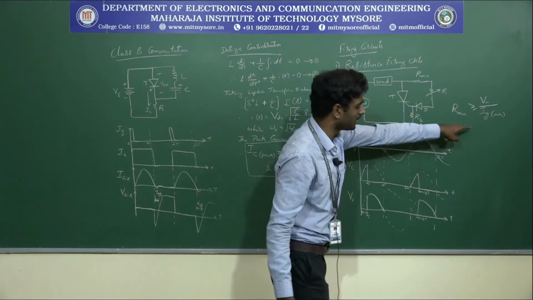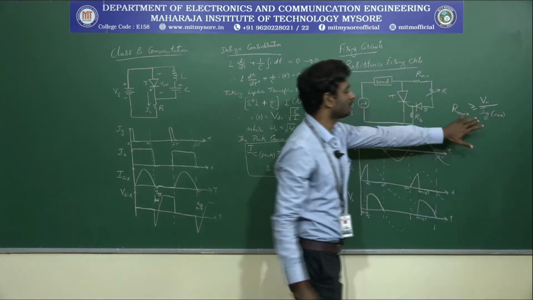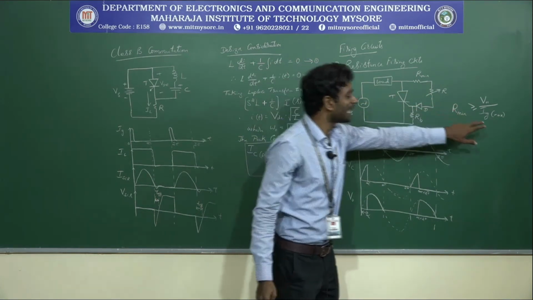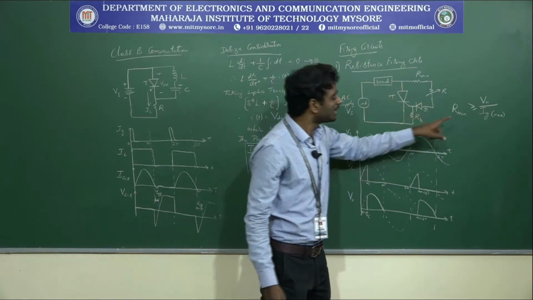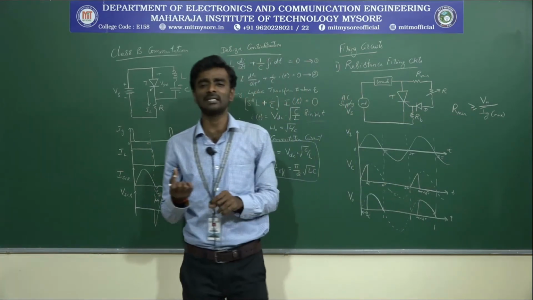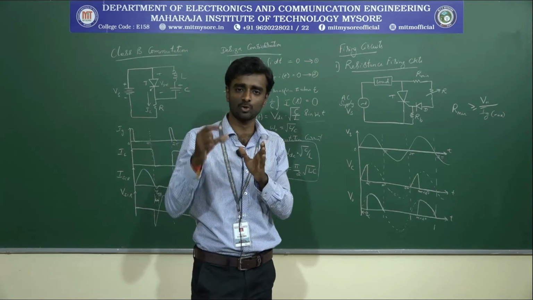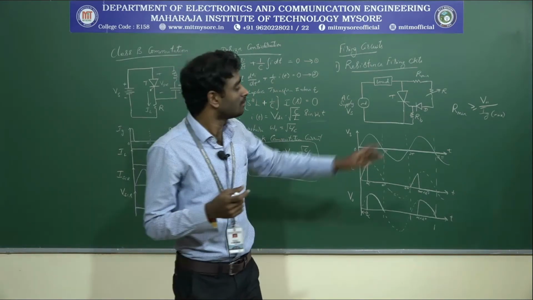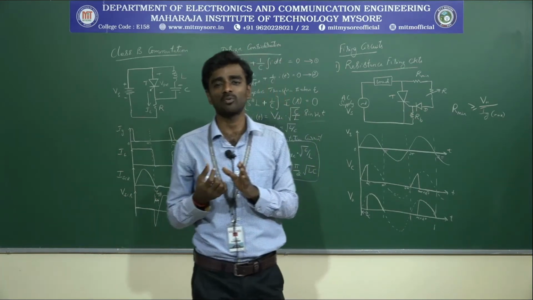This condition has to be, sorry, this is not an Ig minimum, this will be the Ig maximum, that is maximum gate current. So this minimum resistance has to satisfy this value to work with respect to the thyristor. If this condition is not satisfied, what happens here? Before reaching the minimum voltage, that is the threshold voltage you have kept to trigger your thyristor to turn on, before reaching that particular voltage value, your thyristor will get turned on.